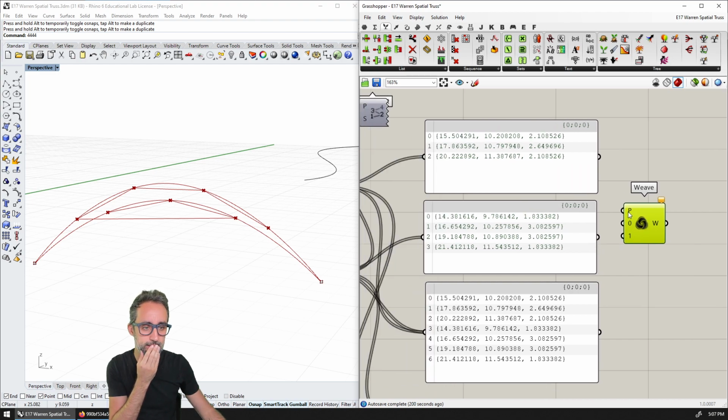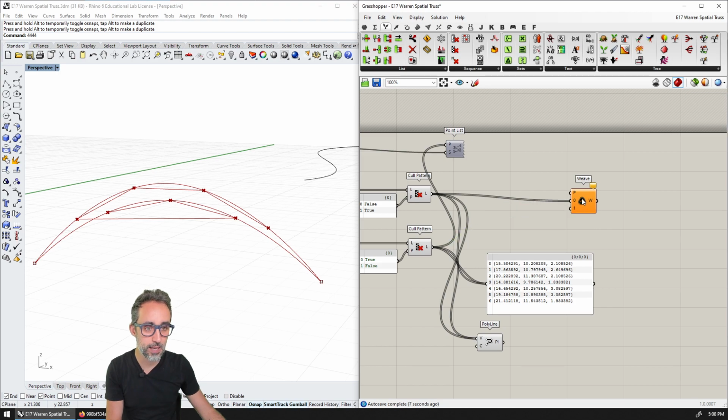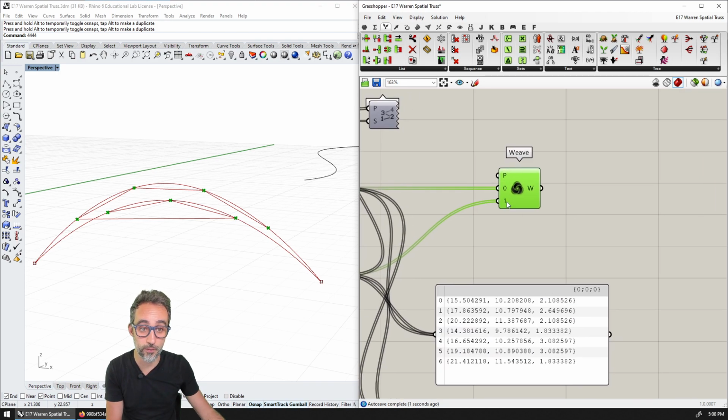It means that here I have already a pattern that is zeros and ones. So what I'm going to do is plug in here my first list, the points that were on the bottom. And then I'm going to plug in on number one the points that were on the top.